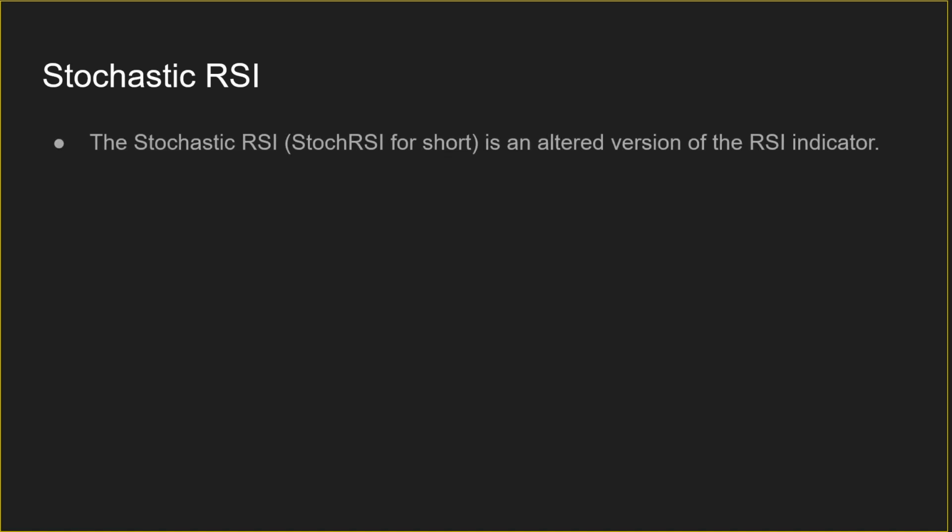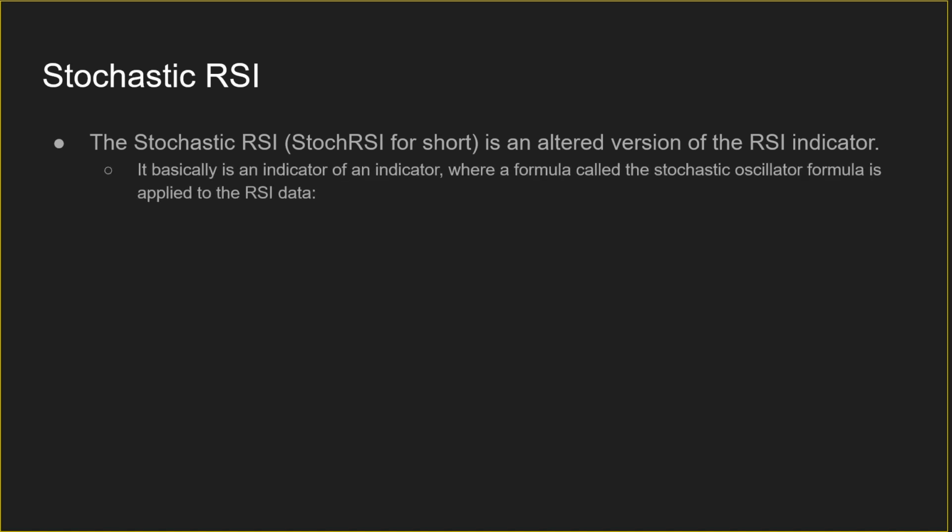So the next indicator we're going to discuss and go over is the Stochastic RSI. It's actually an altered version of the RSI that we went over in the previous video. It'll be commonly listed or referred to as the RSI, Stochastic RSI for short. It's basically an indicator of an indicator where a formula called the stochastic oscillator formula is applied to the RSI